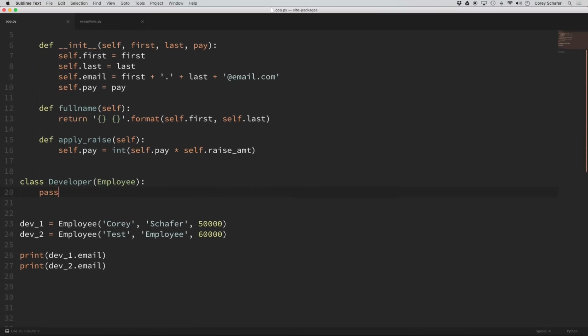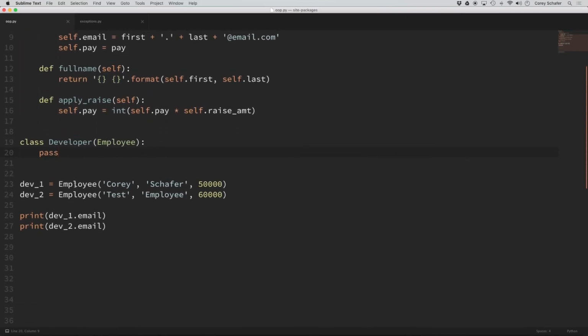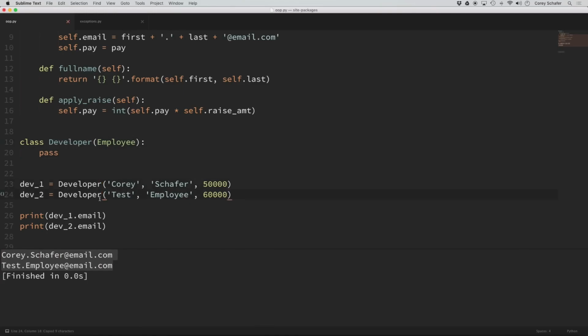So right now, down here I have two instances of our employee class, and then I'm printing out both of their emails. So if I save this and run it, you can see that when we create two new employees and print out their emails, we get this result. Now, instead of creating two new employees, I'm going to create two new developers and pass in all of the same information. So now, if I rerun this and print out those emails, you can see that those two developers were created successfully